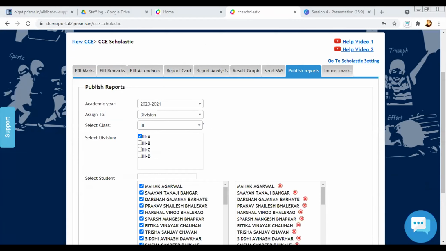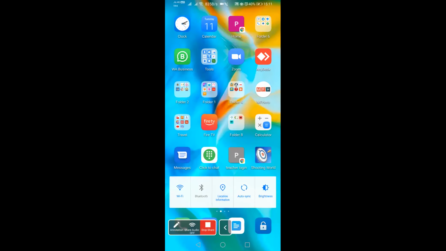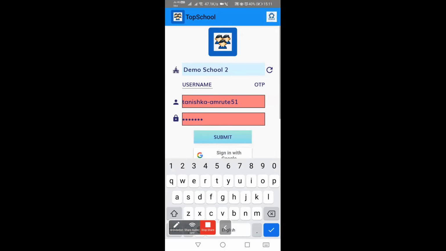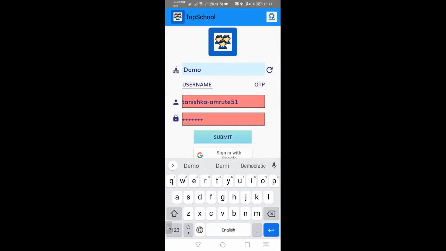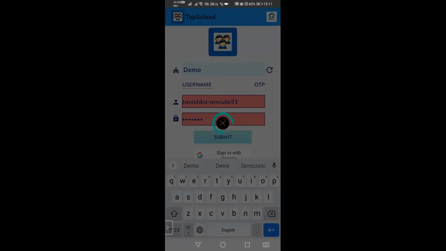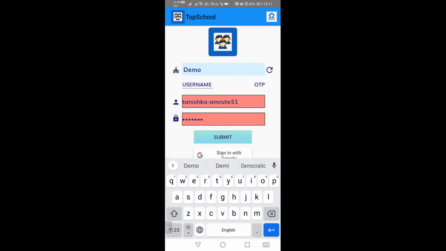I'll share my mobile screen so that we can see how this looks. One second, sir. I'll stop my share. I'm not able to. Okay, I'm sharing my screen. You cannot start. Yeah, I've stopped my share. Now tell me one thing. What is the login with? Kanishka. So which school? Demo portal 2. Okay, we'll take these queries a little later on. Demo portal 2, and I'm logging in.